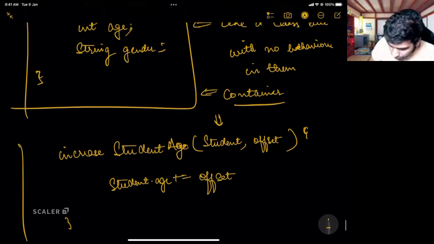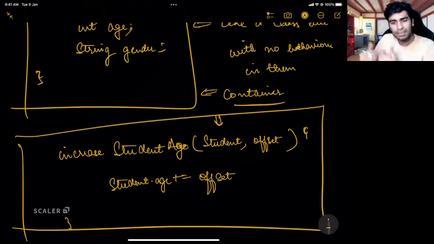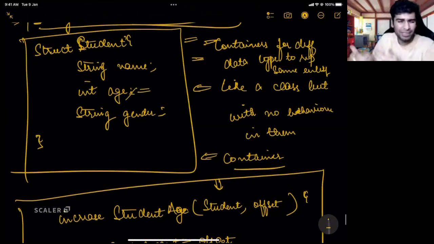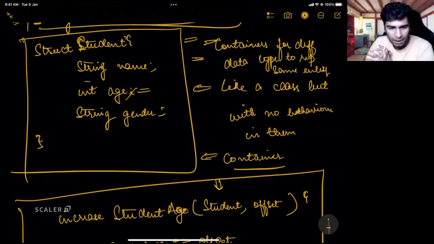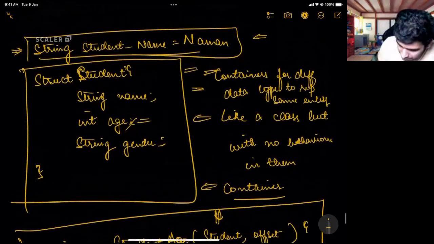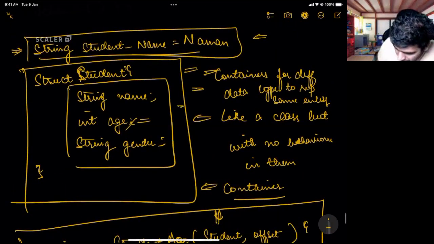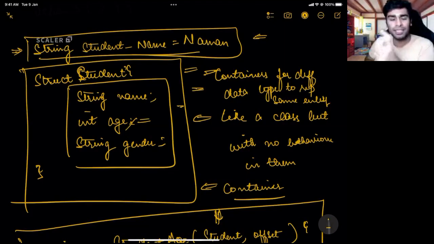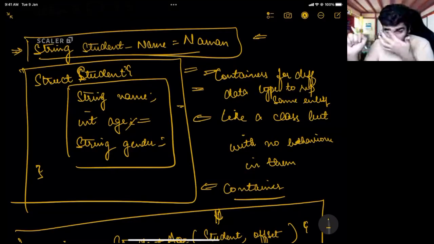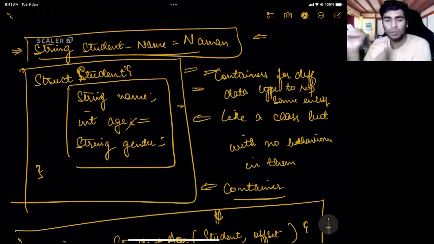That if we have to do it in a procedural programming world, this is how we do it. Okay, Manish, let us say I want to just increase the age of a student, very random thing. We don't want to pass the age parameter, right? Because this student parameter has all the 3 things: name, age, and gender. It's a struct. It is a container. So it's a container of 3 things. Clear, Manish? Now, let us try to think of this as compared to how we think of the real world.